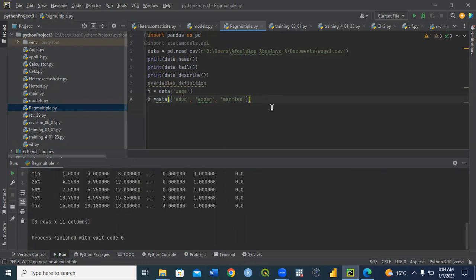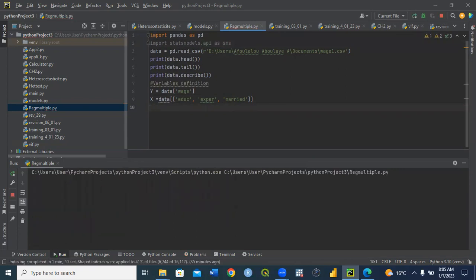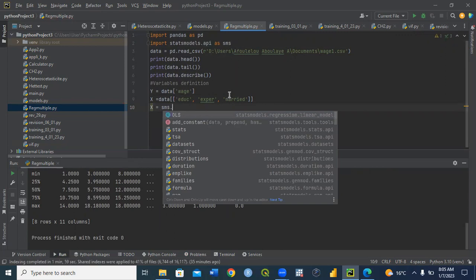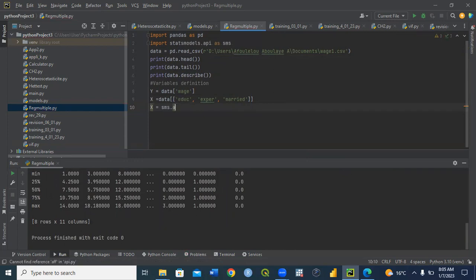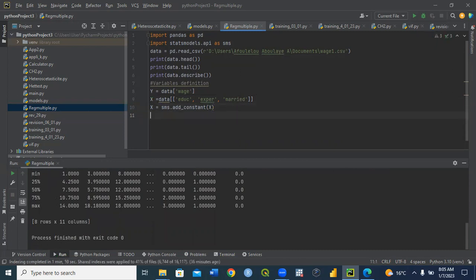Then as you can see, when we are defining our independent variables, there is no constant there. We need to add it to our model. For X, we will say the same as the second one imported, which will allow us to add a constant. Add the constant to X. Then we can do that now. Everything is okay. Since we have our variables, the dependent variable and the independent variables, we can proceed now